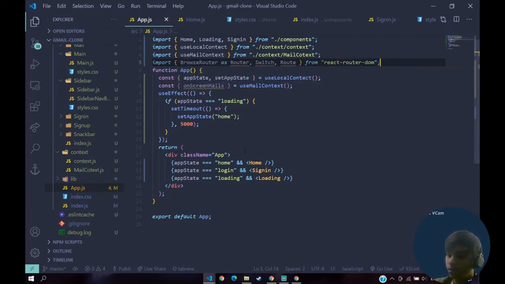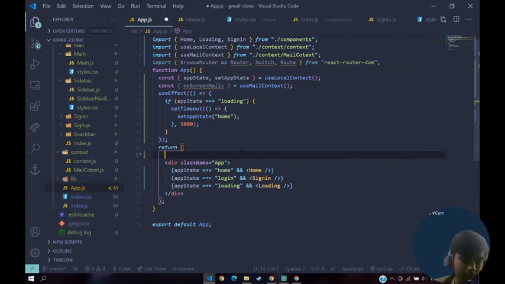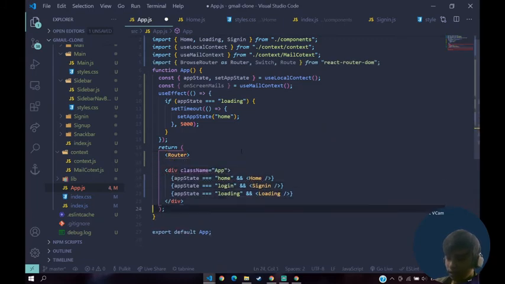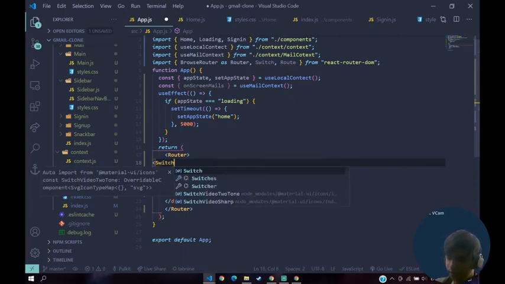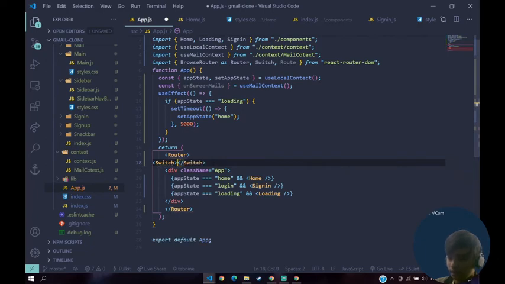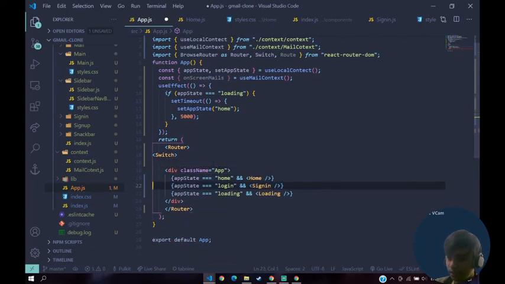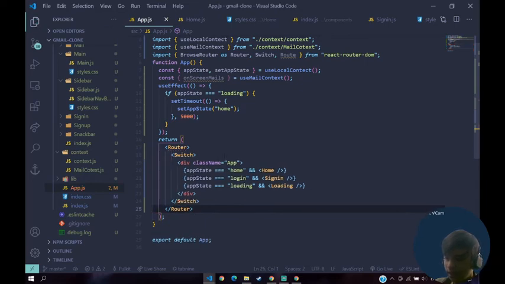So first of all we need to wrap all of our application into a router. Don't get confused, this is the way React Router works, nothing too much inside of this, so don't worry. And then we are going to have Switch inside of this. This is also the way it works. And then, yeah, Switch, and wrap it also inside of our application, save that. Now inside of Switch, its path is always going to be dot slash.